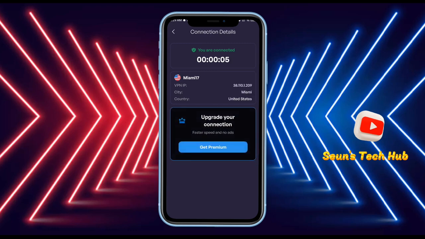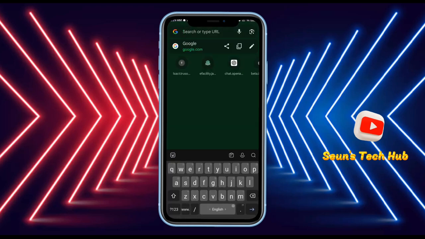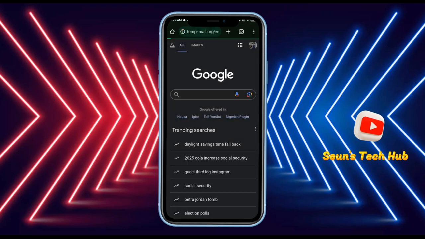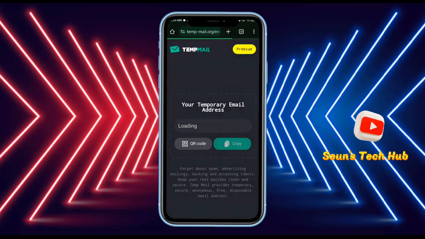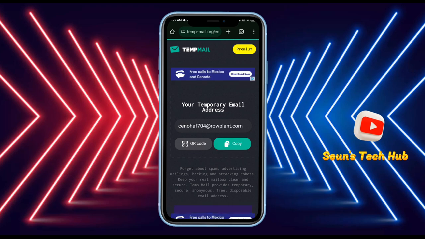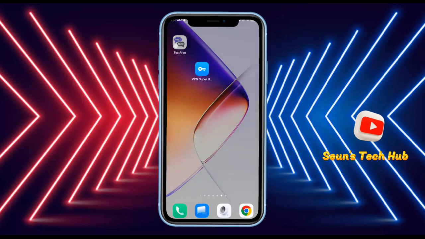So all you just have to do is to go back to your Chrome and go to temp mail in order for you to get a mail you can use to create an account on text-free. Alright guys, so once the email has been generated to you, you just have to click on the copy option there. Okay, it's generating one. Right, so just copy the one generated, then you go to the text-free application,